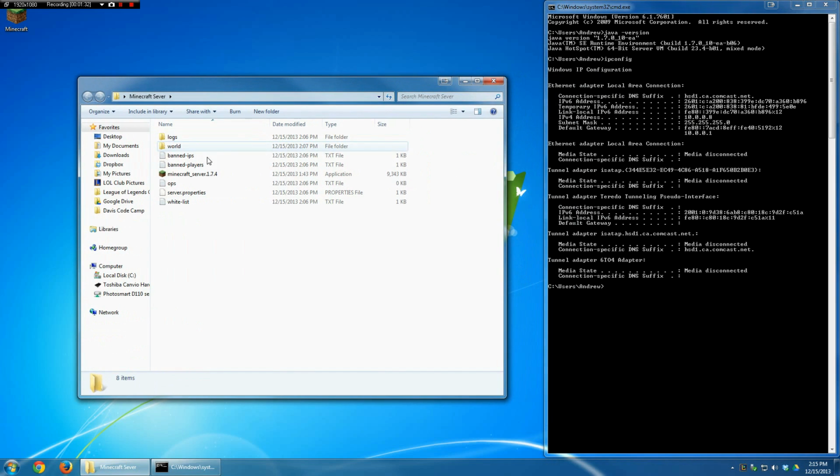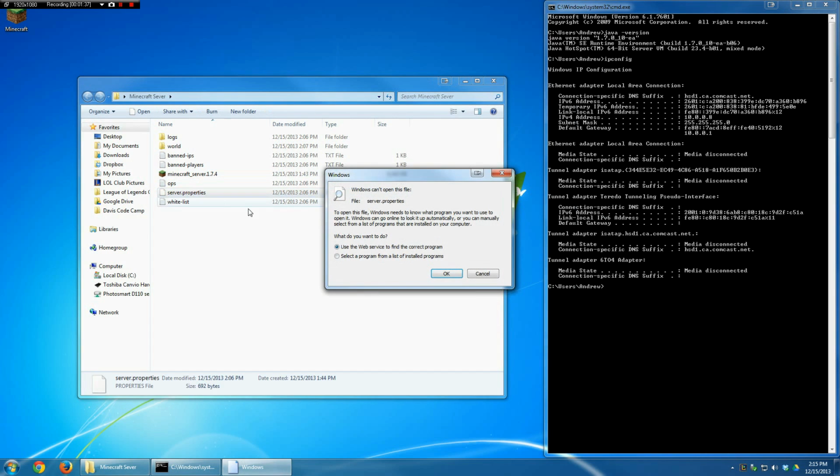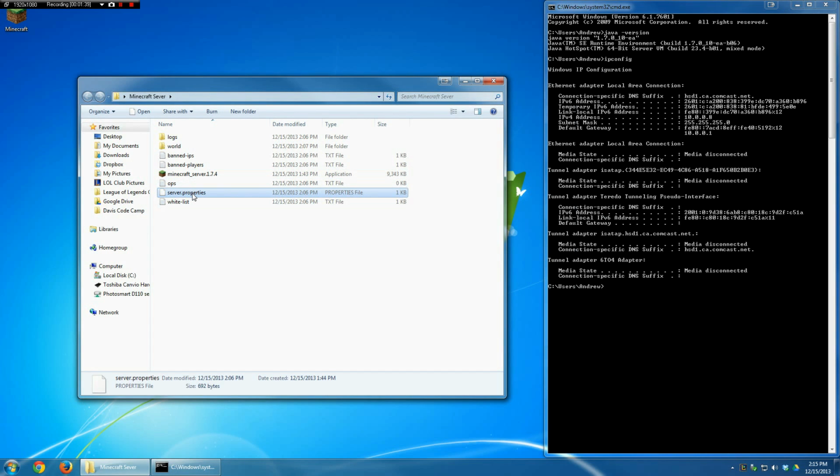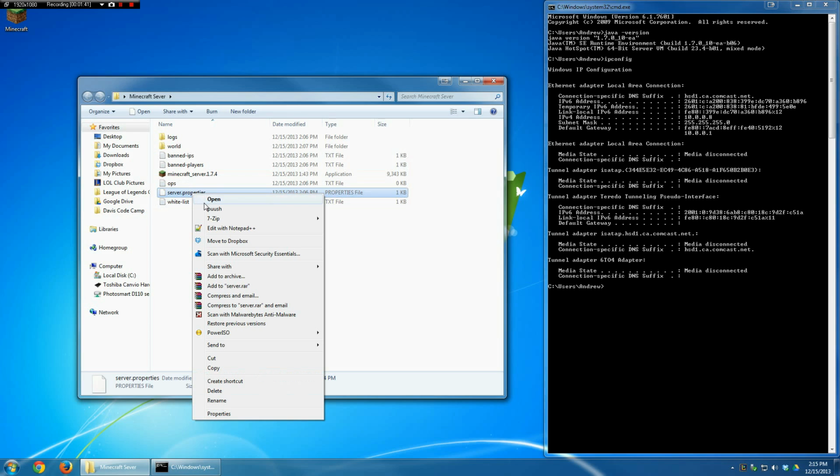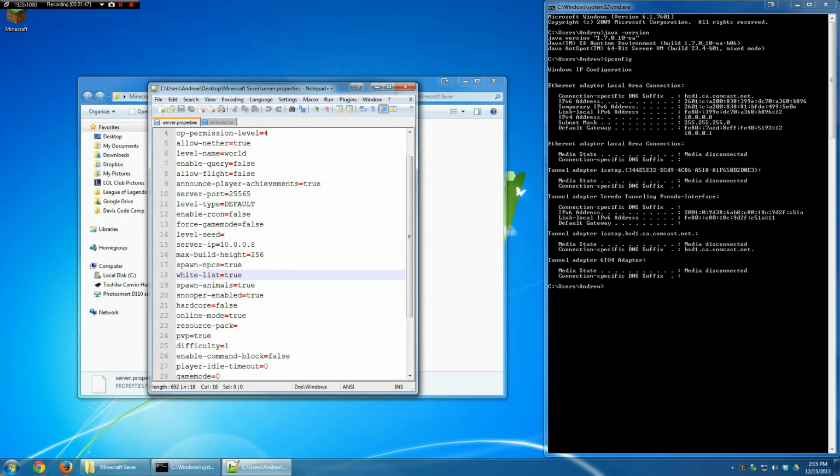I'm going to come over here into the server properties. You'll notice if you double click on this, it won't let you, because you have to open it with a certain program. So you can go down to open with and then click on Notepad, but if you have Notepad++, you can open it with that. Anything works. So your server IP address will be a blank field, and then I need to enter that value over here for my IPv4 address,